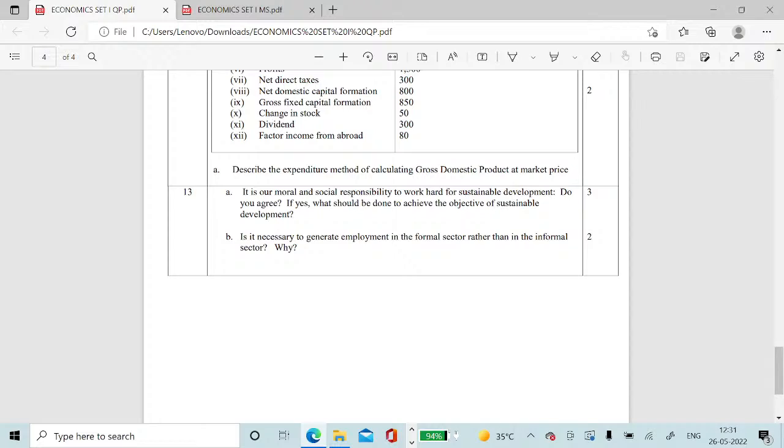It is our moral and social responsibility to work hard for sustainable development. Do you agree? If yes, what would be done to achieve the objective of social development? B, is it necessary to generate employment in the formal sector rather than in the informal sector and why? अब इसकी मार्किंग स्कीम देखते हैं।